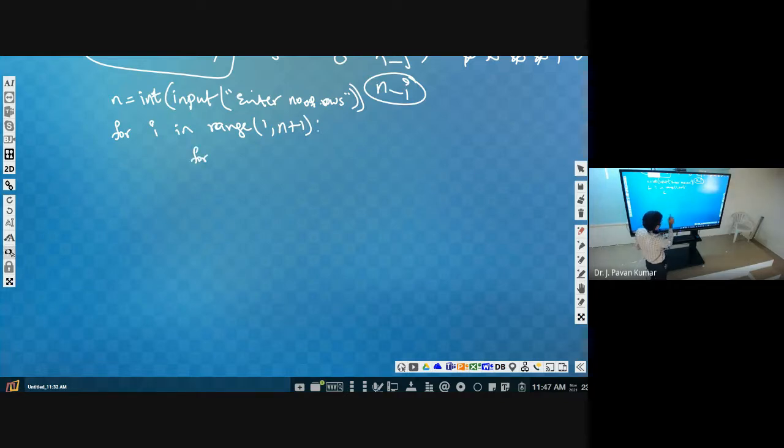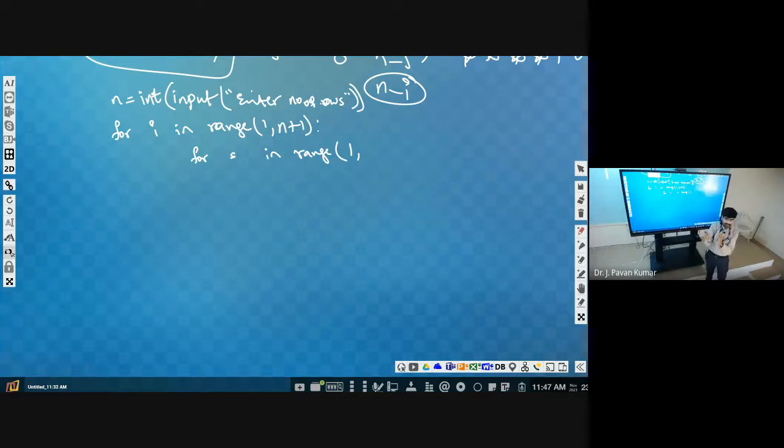That's why we need to use another loop, let us assume j in range of 1 comma, how many? N minus